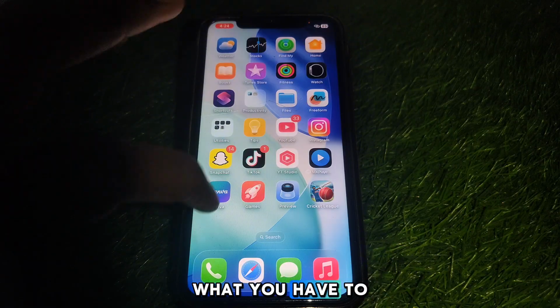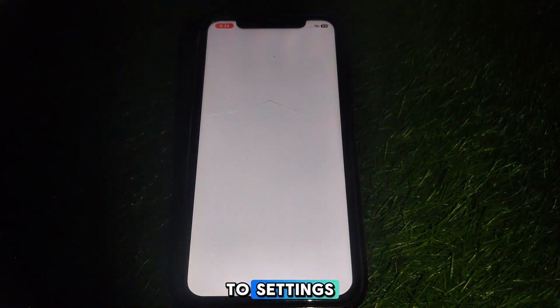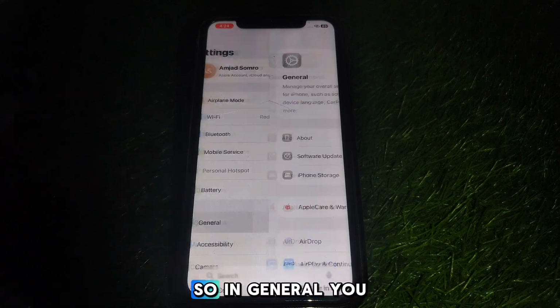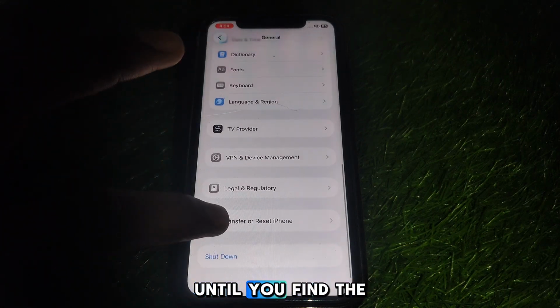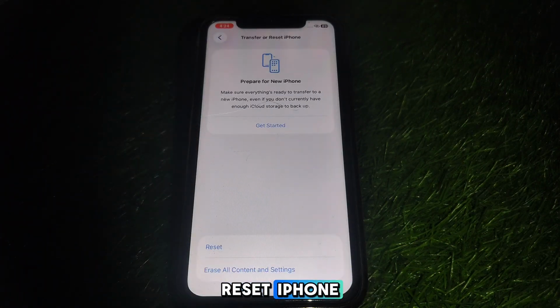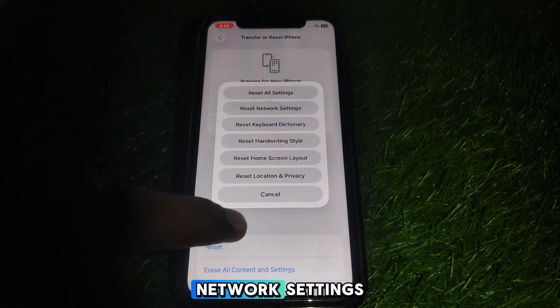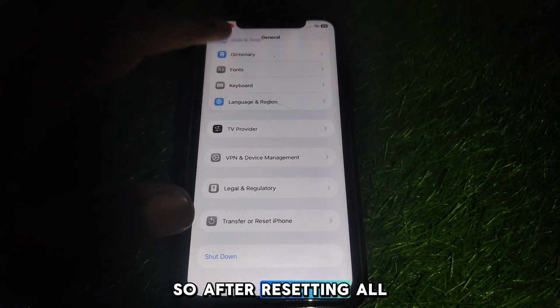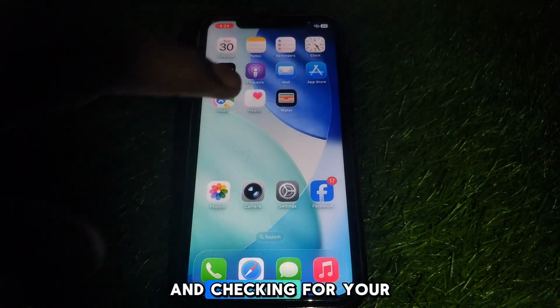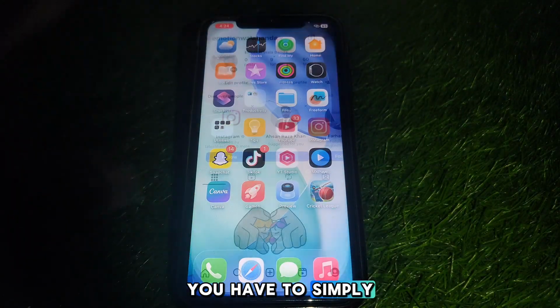After that, what you have to do next is simply go to settings, and here you have to go to general. In general, you have to scroll down until you find the option of transfer or reset iPhone. Here you have to simply click on reset, and reset all of your network settings. After resetting all of your network settings and checking your network connection, you have to simply open the